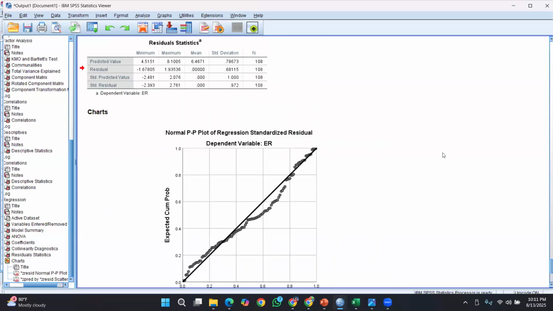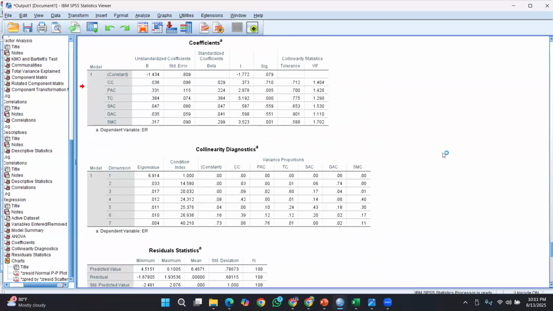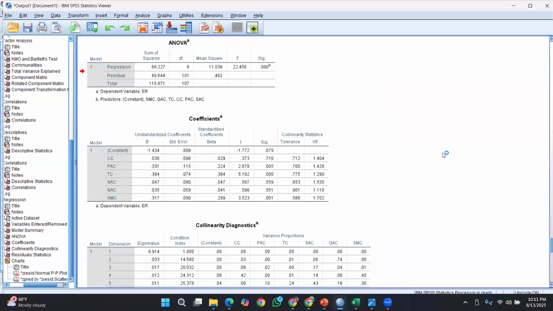Right. Based on these values, which one is having the highest influence? Yes, it's going to be this, so it gives us a strong message on this model.